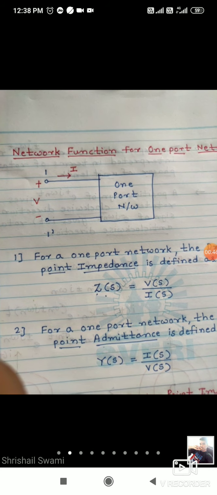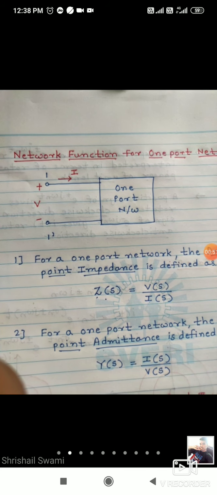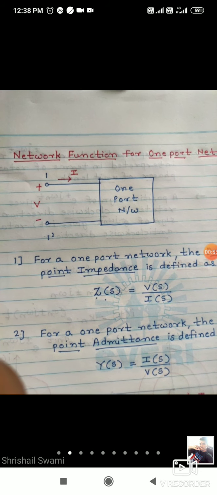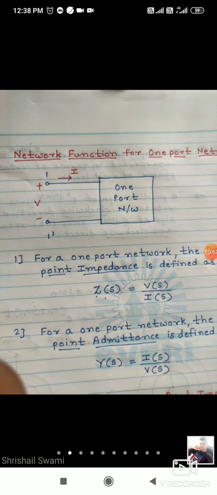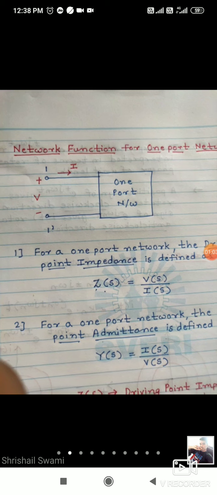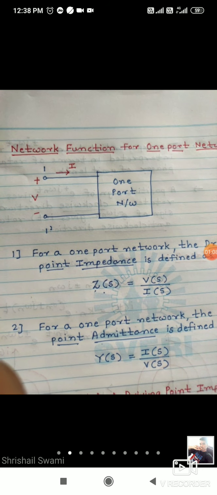After that, we have seen the three cases. The first case is when sigma n is equal to 0, and what will be the response of current at that case? Then we have seen the second case, that is omega n is equal to 0. And lastly, when both are present. So these three cases we have covered under the concept of complex frequency.